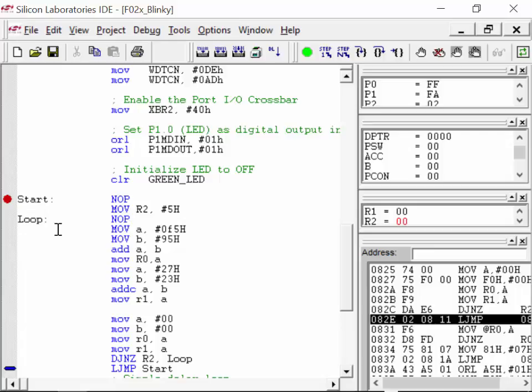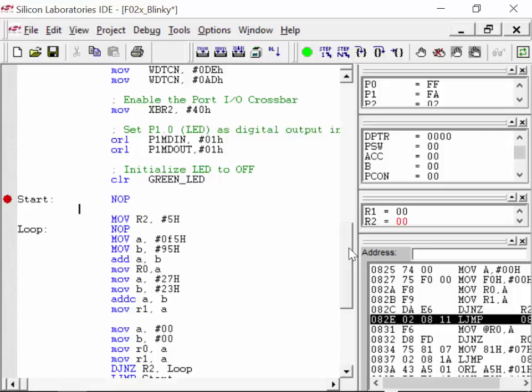So again, we've looked at moving things in and out of the register. We looked at how we add. We looked at how we set up loops. Now, how do we use memory? Using memory is very easy. Let's say, for example, I want to preload some information at the beginning of my program into 5 memory locations. So, up here at start,